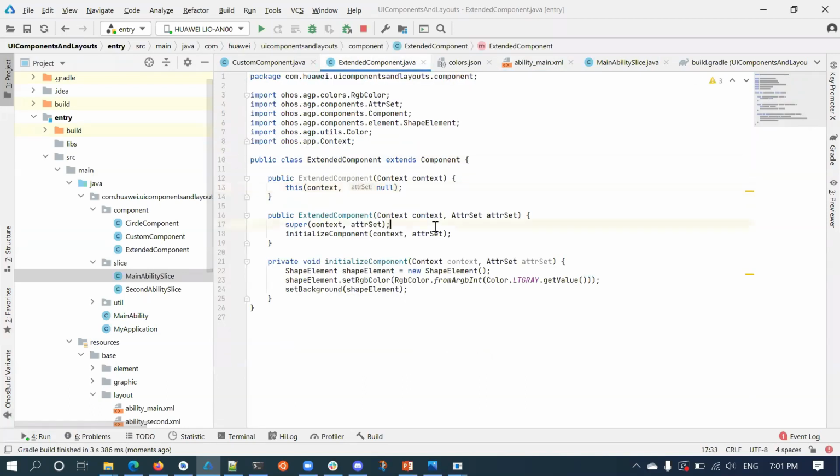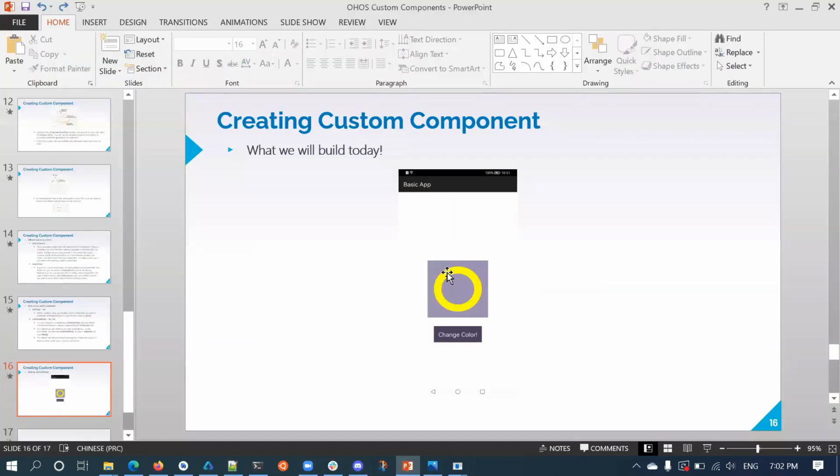Fine. So our objective is to draw a circle. Since we need to draw a circle, the requirements are we need to have a radius, and since it looks like a ring if you see here, this kind of ring we can create by using something called stroke width. So we need radius and stroke width to create this circle.